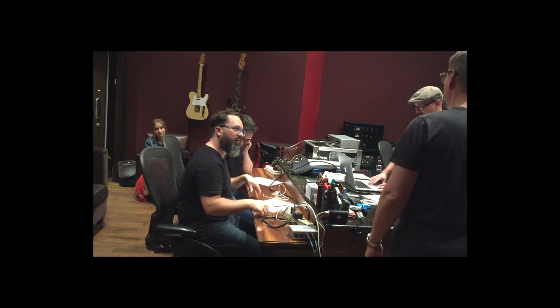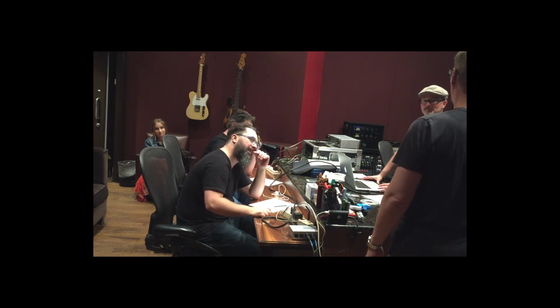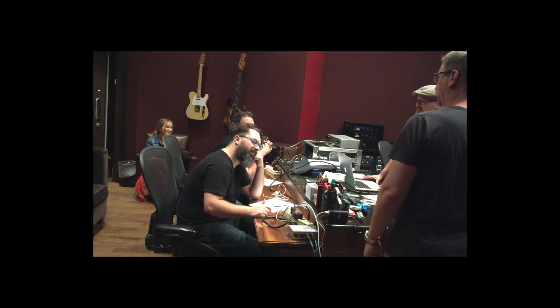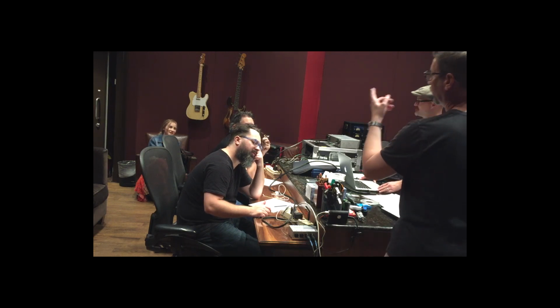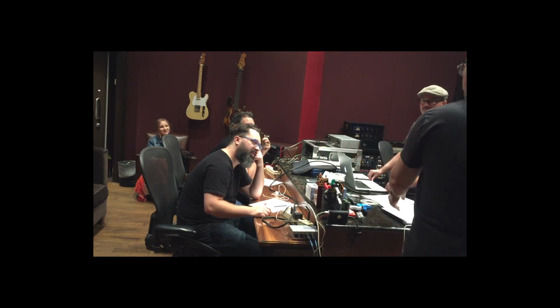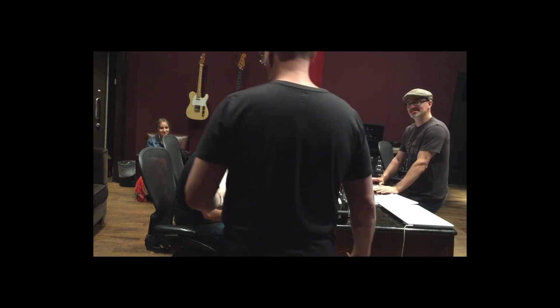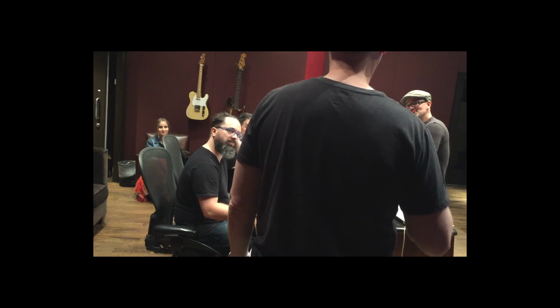Sessions tend to be divided into equal time blocks, so from 10 to 2, from 2 to 6, and from 6 to 10. This particular time we were doing 5 songs over 2 sessions. We would show up early enough in the morning to get set up and get sounds with the engineer, get our coffee, whatever. Around 10, we all headed into the control room, met the artist, and gathered to listen to the demo,